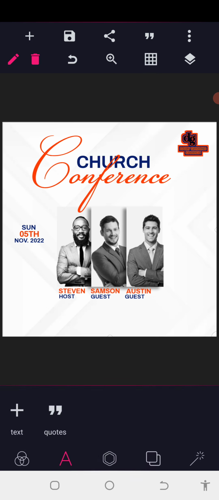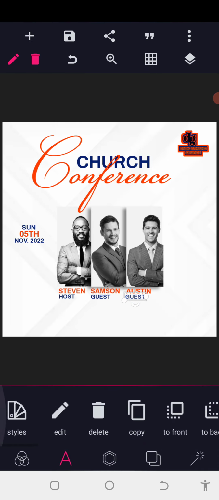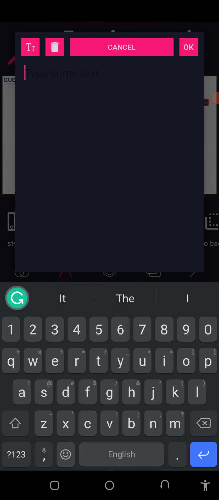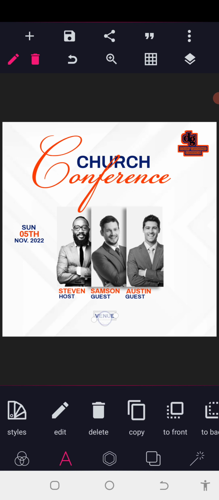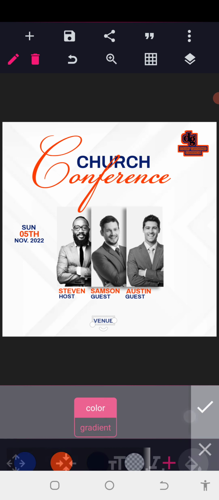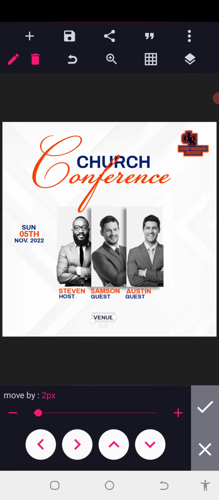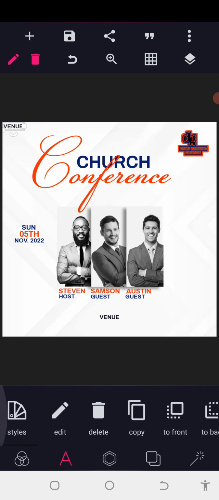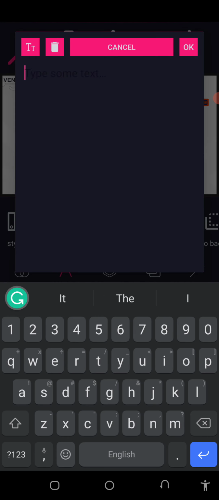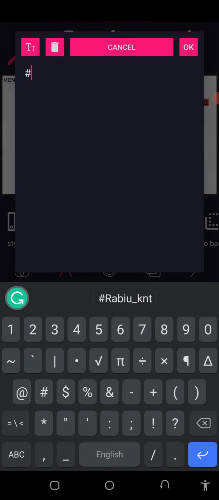So now the next thing we are going to do, we are going to just move this a little bit, have it copied, then you reduce to the venue. So we have venue. Okay, saving the venue, which should be around here, change the color to black, then move it up a little bit. Okay, centralize it, copy, then we'll go to the editing, we'll put it there, the church address, that is number